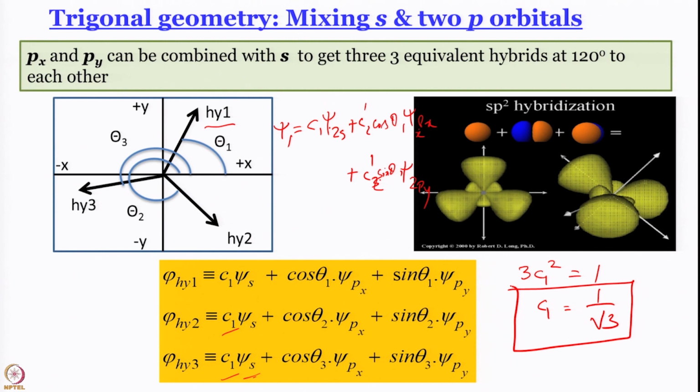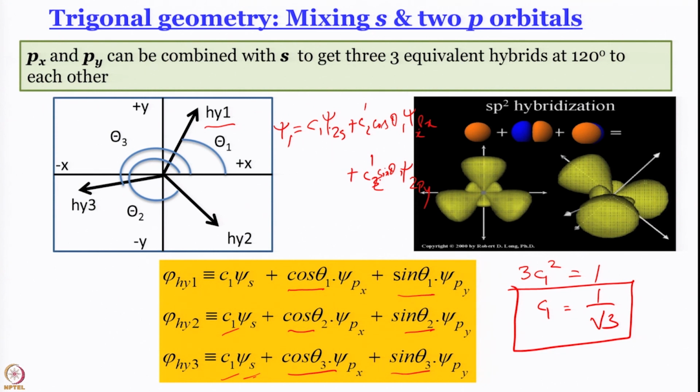This is something we are going to use later also. So, already without much hassle I have found out C1, and what I can also do is, if I know what theta is, well actually I do not have to do anything. I just write the value of cos theta 1, sin theta 1, theta 2, sin theta 2, sin theta 3, cos theta 3, and I have got the hybrid wave functions. Then if required I can normalize. Okay. So, this is the most general strategy of writing expressions for your hybrid orbitals.